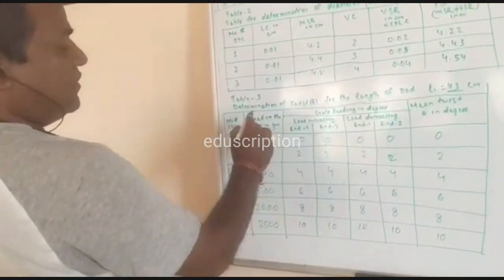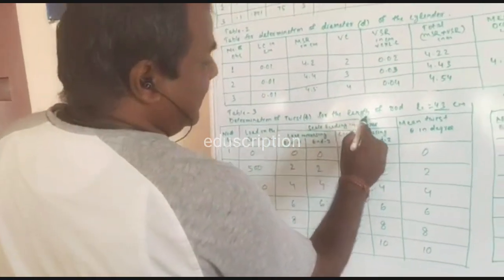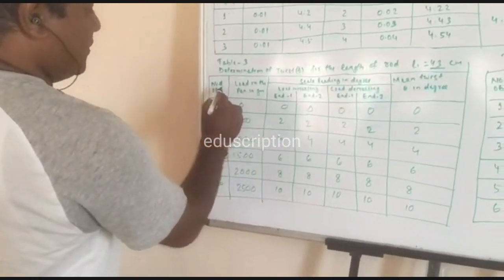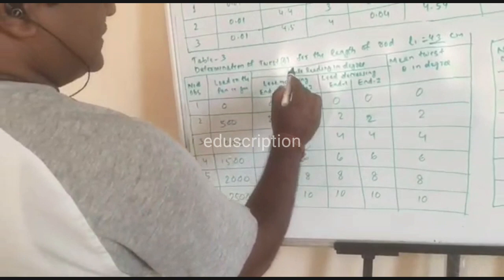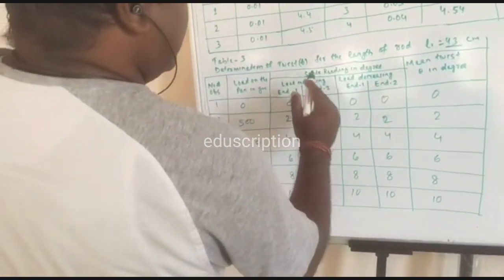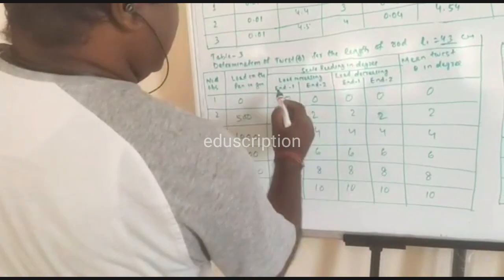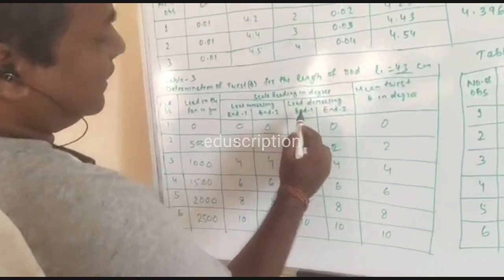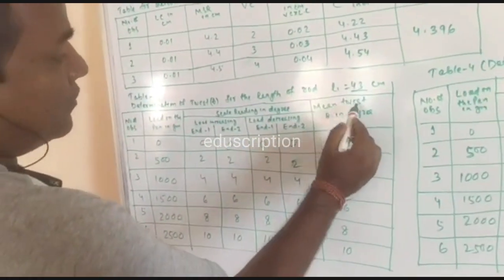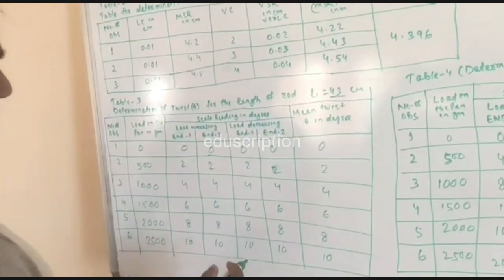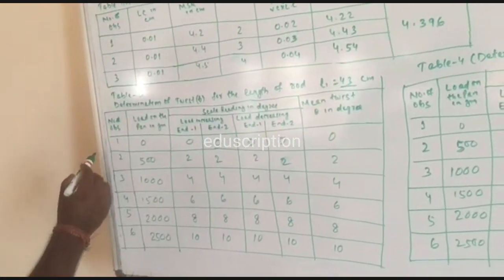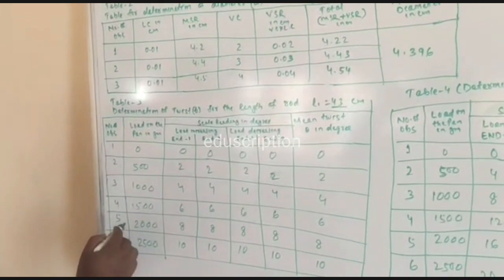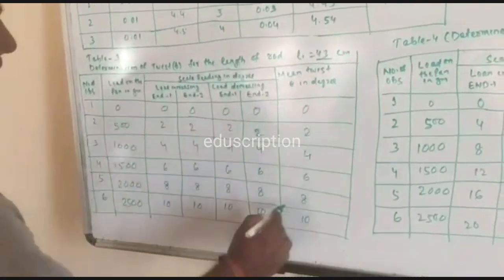And table 3, that is determination of twist theta for length of rod L1, 43 centimeter. See here number of observation, load on the pan in gram and scale reading in degree, that is in two parts, load increasing and load decreasing. Each also in two parts, that is N1 N2. Similarly, mean twist theta in degree. See here, number of observation 1, 2, up to 6. That means we have to add 6 loads,